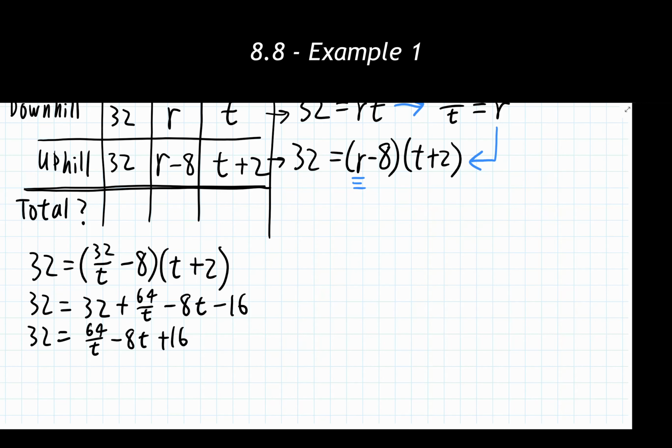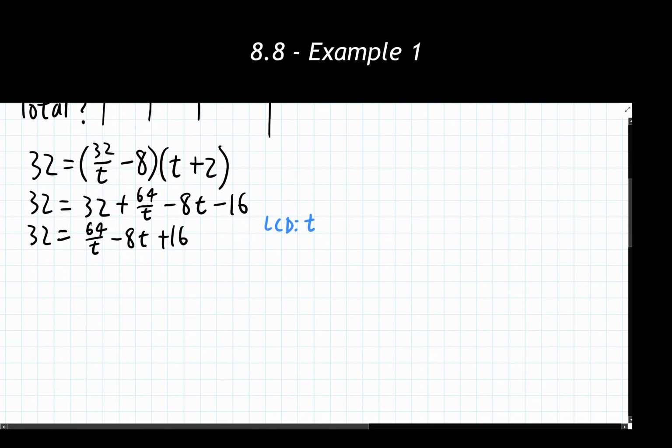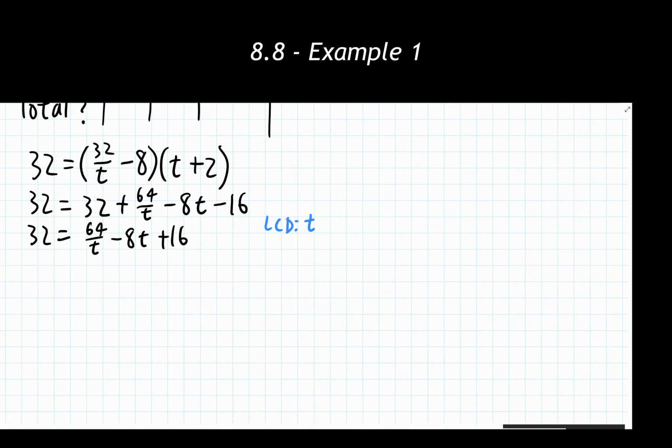And now I'm noticing, well, I have an equation showing up, but I've got a denominator here with a variable in it, and I've got fractions. Our trick to eliminate fractions with all equations is to determine the lowest common denominator amongst every single fraction in the problem and multiply both sides, meaning all terms, by that lowest common denominator. So in this case, the lowest common denominator is going to be t, which means every single thing in this equation is going to get multiplied by t as well. Again, the intention behind this and why we're writing it out this way is specifically to eliminate fractions.